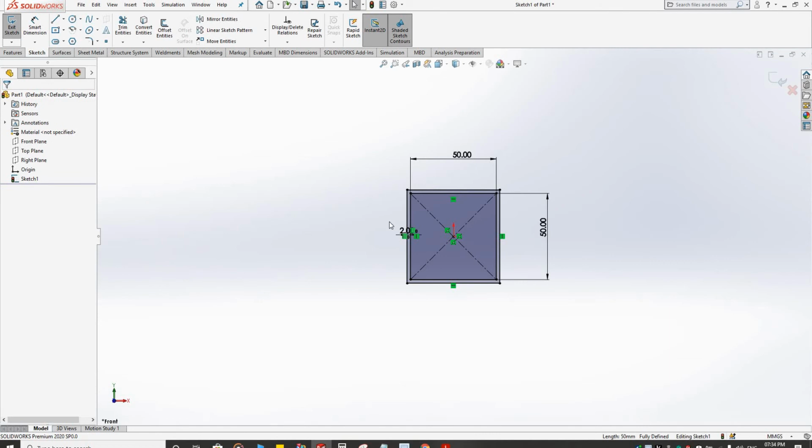Now I draw one square profile. Then click the exit sketch.